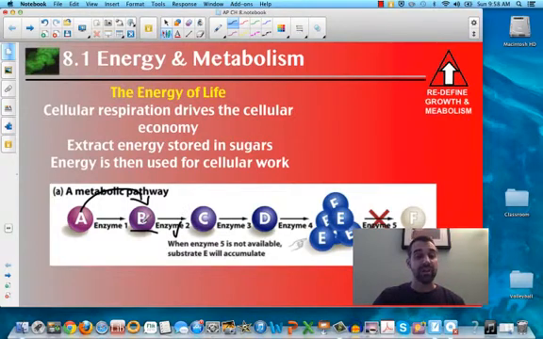So that the product B becomes the reactant for the next step in this metabolic pathway. And then B becomes C, C is the product, but then it becomes the reactant for enzyme 3 to operate on to form molecule D. Then molecule D is the reactant that is being worked on. So at least getting that, and we're going to talk about